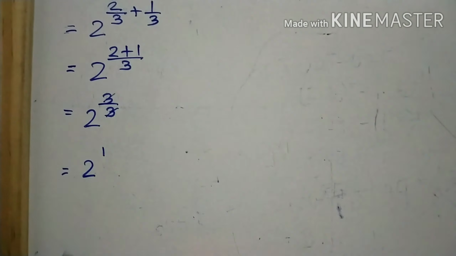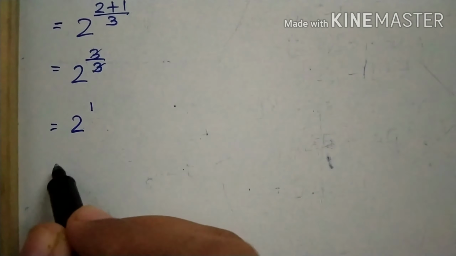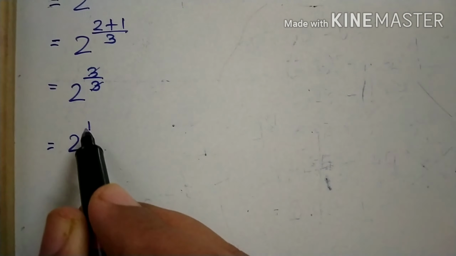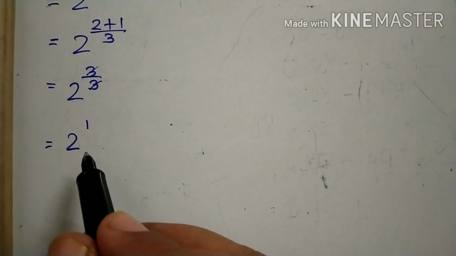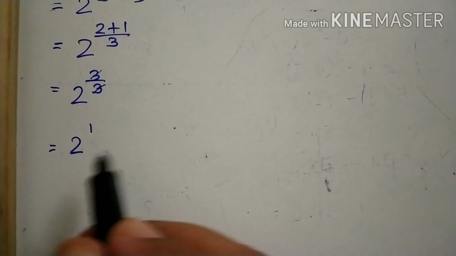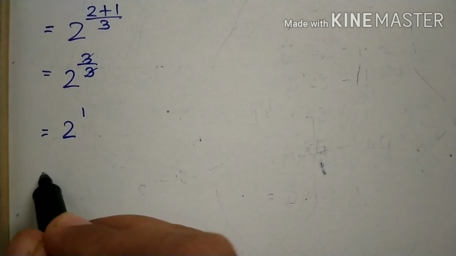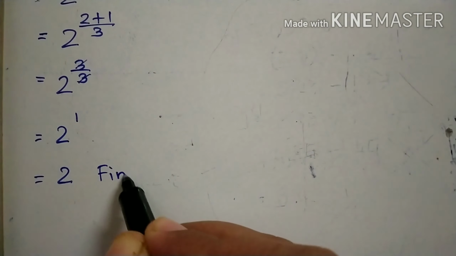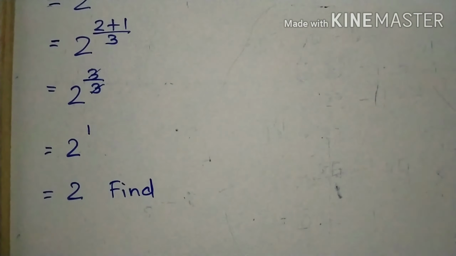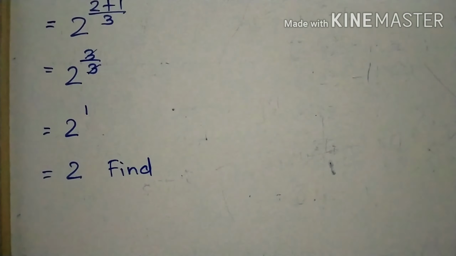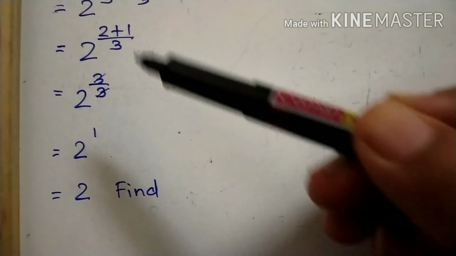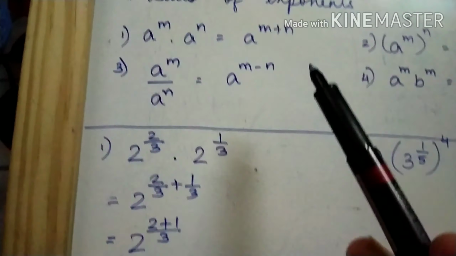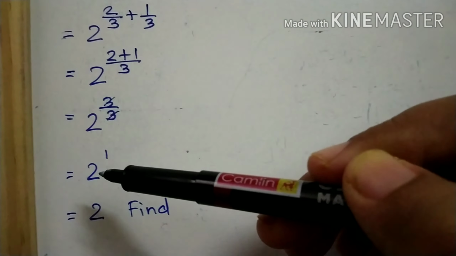Now this becomes your simplification, that is, you got 2 raised to 1. Now if you have to find the value, if it were 2 squared, you would write 2 into 2, that is 4. But here since you have power only 1, the answer is 2. So this is the answer for find. Whenever you have a question that says find, you have to solve it till the end. And when you have the question simplify, you have to use these laws and come up to a reduced form. That's it, that is the answer.